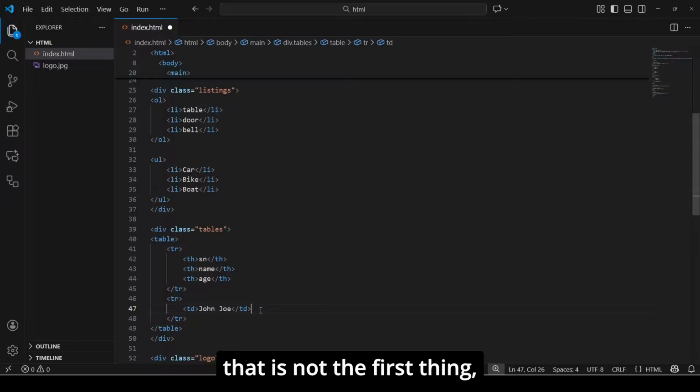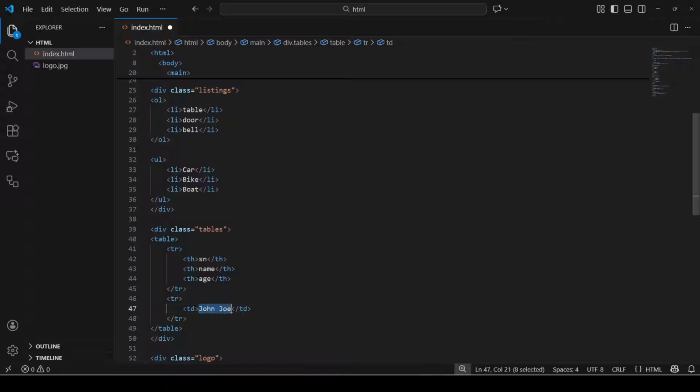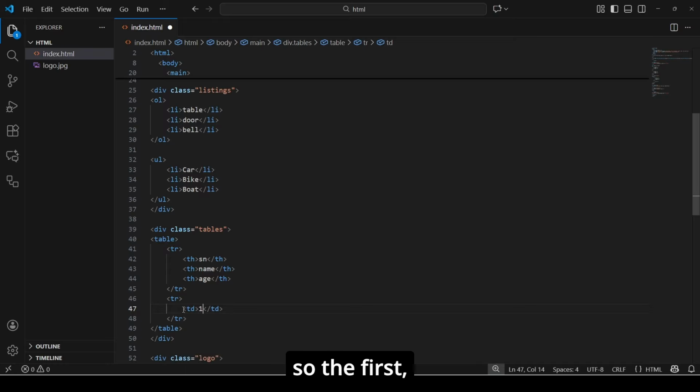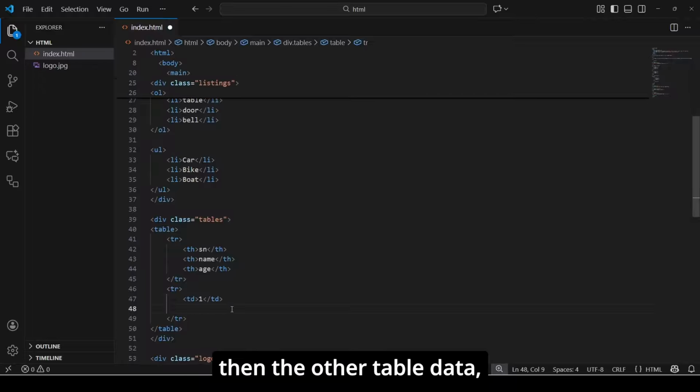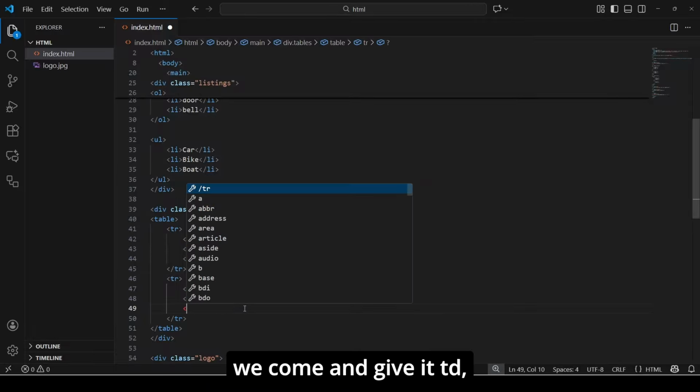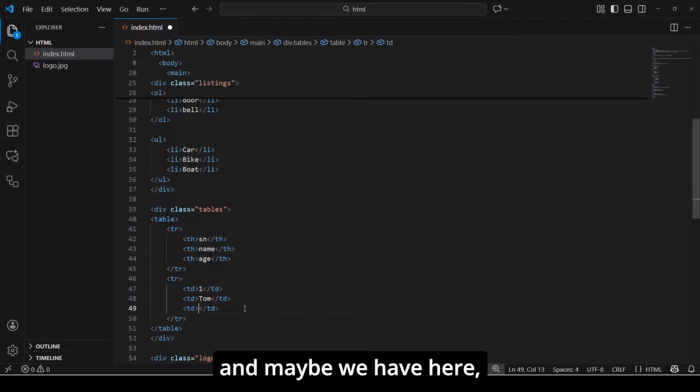No, that is not the first thing. The first thing there is the serial number. So the first stuff we have here is the serial number. We could give it one. Then the other table data, let's say we call this Tom or whatever. Then for age we give it td, and maybe we have 10. Let's say 10 years. Once we refresh this,